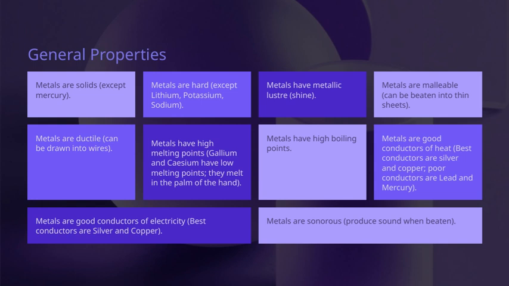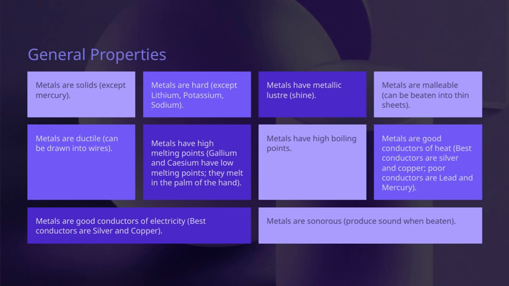Metals are also malleable, meaning they can be hammered or beaten into thin sheets without breaking. This property is quite useful in manufacturing, allowing us to shape metals into various forms. Another key property is that metals are sonorous. When you strike a metal object, it produces a ringing sound, which is due to their ability to vibrate and